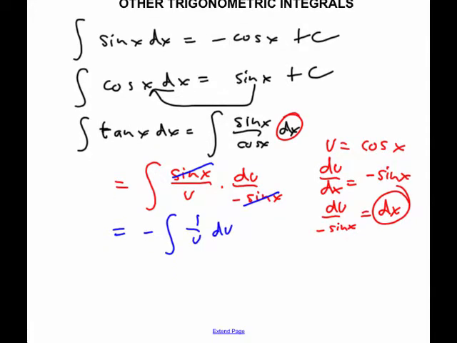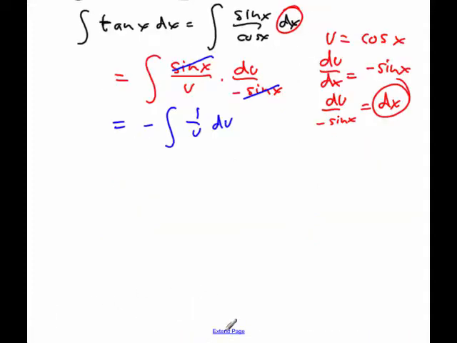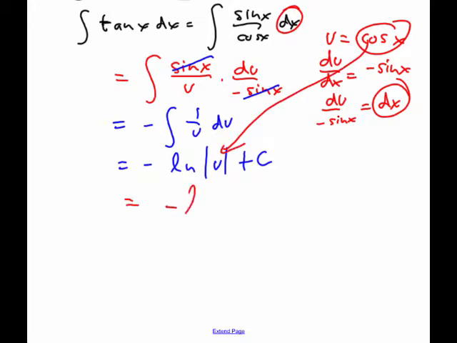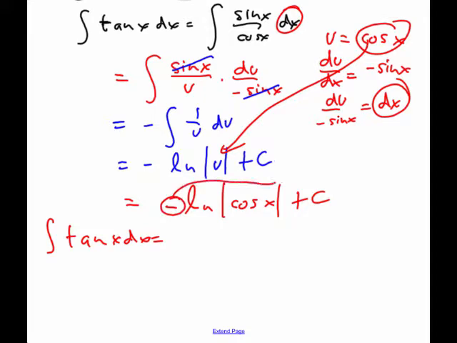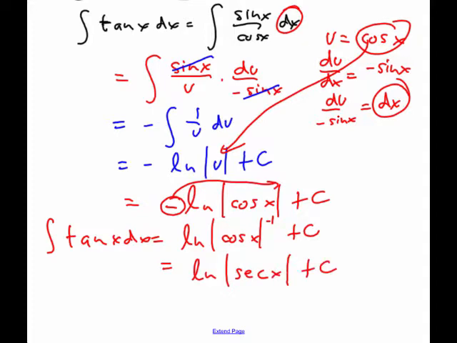which is one of my basic integral formulas. It's negative ln absolute value u, plus c. And if I plug my u back in here, it's then negative ln cosine x plus c. And it would be fine to leave the integral of tangent that way. But we could also bring the negative in front up as an exponent. And so I would get ln absolute cosine of x to the negative 1, which is the reciprocal of cos, which is secant. And this is typically the formula we use for the integral of tan, is the ln of